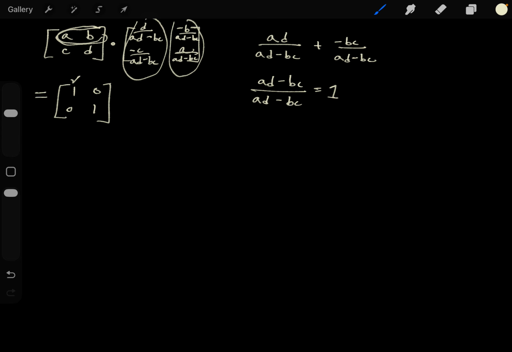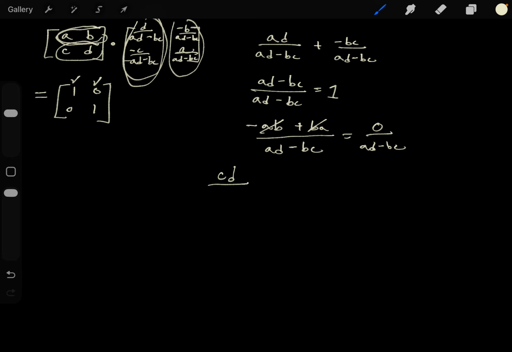So let's see. A times negative B is negative AB. And then B is plus BA, and it's all over AD minus BC. But this is the same as that, so we get 0 over AD minus BC. And then this is indeed 0. And then I do this times this one, right? CD over AD minus BC again,